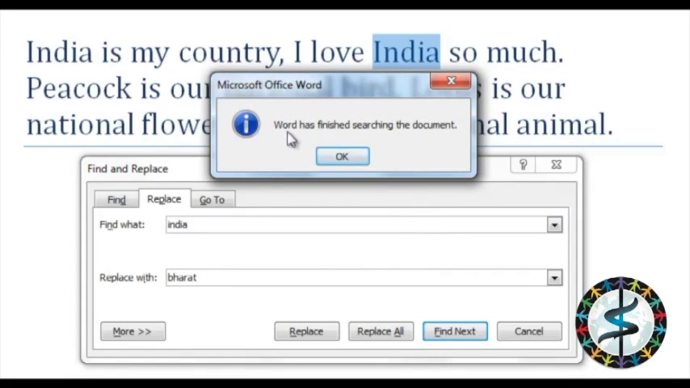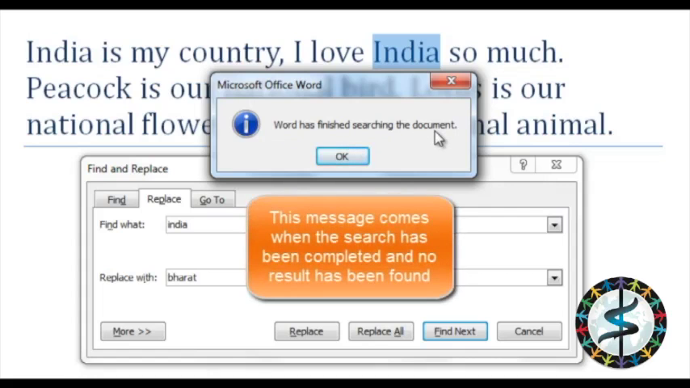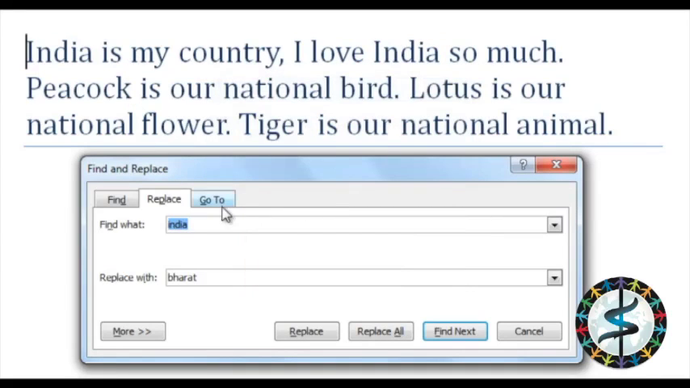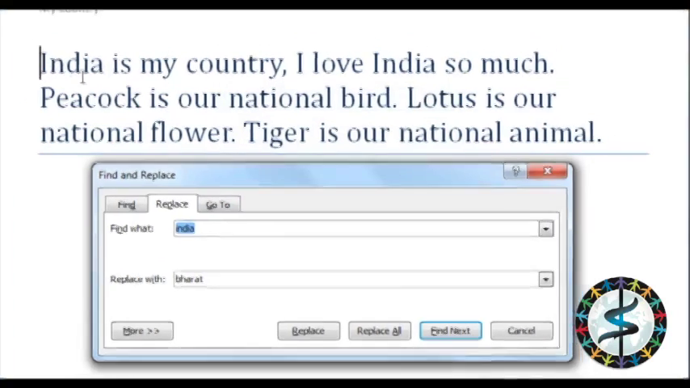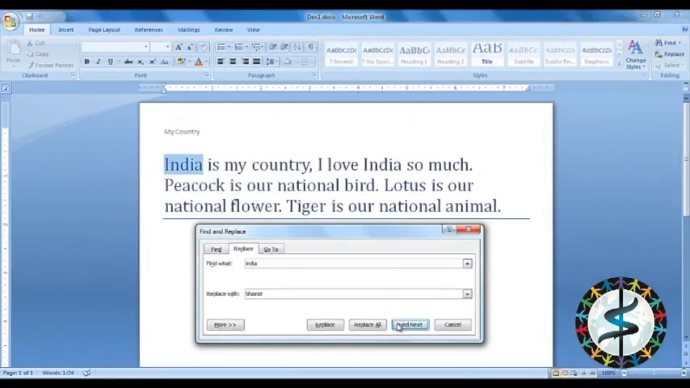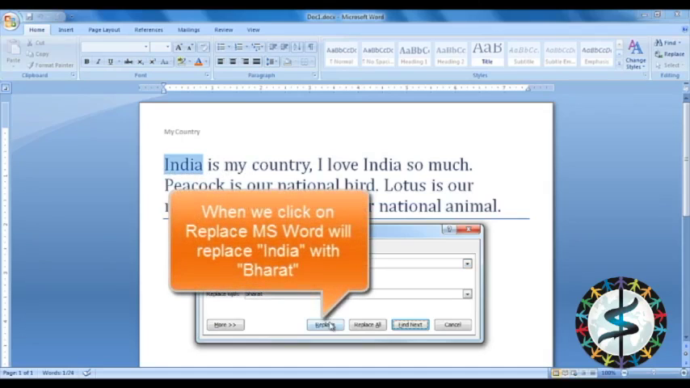It says the word has finished searching the document. That means all the found results have been explored, and the cursor comes at the beginning of the document. Now we'll click on Find Next. It has selected the word India, and as we click on Replace, it will replace India with Bharat,